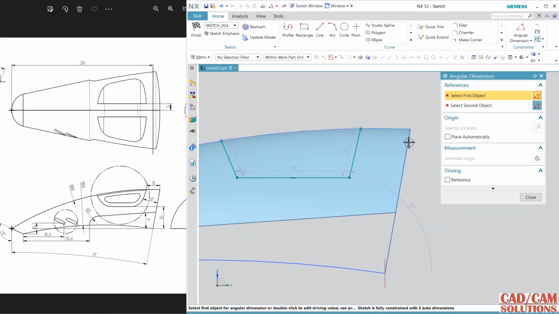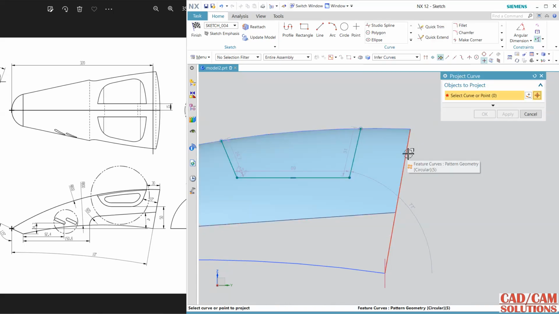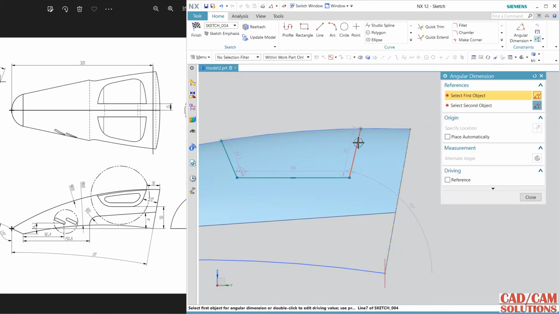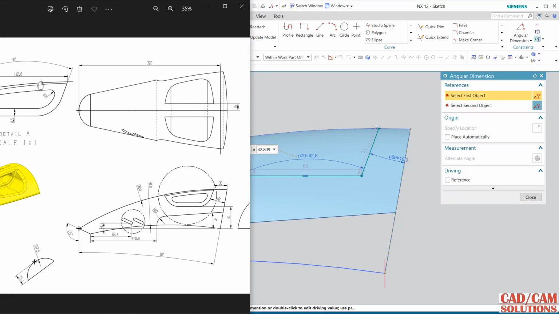So angle between this and this, so it is not selecting. So again I am using this project. So project is very important tool, okay. And after that you want to make it reference, you can create this reference, so it is a little bit easier to select or define any dimension with the help of this. And this angle is 50.